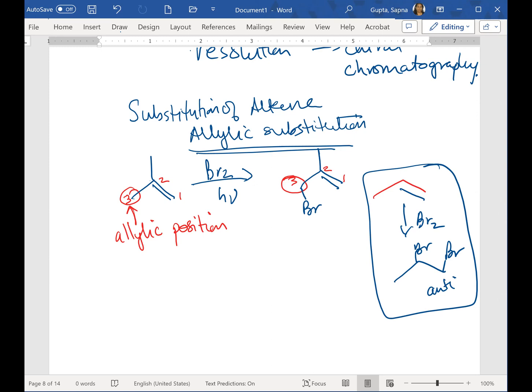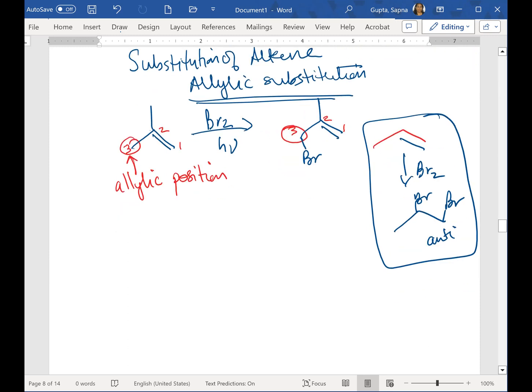This would be a normal reaction for you, but this is not normal. This is a free radical reaction. In a free radical reaction, you actually end up getting a substitution, and that too, allylic substitution. No matter what you have, so for example, if I take something cyclic like this, and here is my double bond,